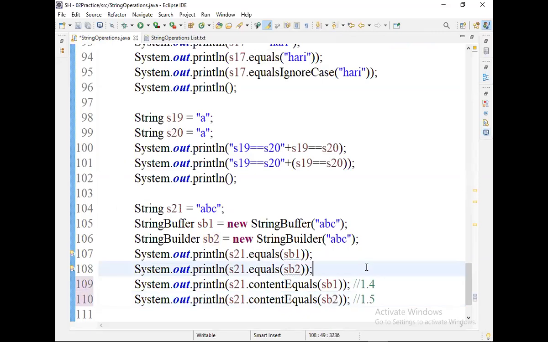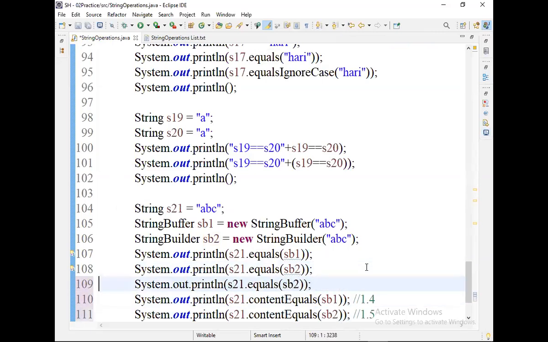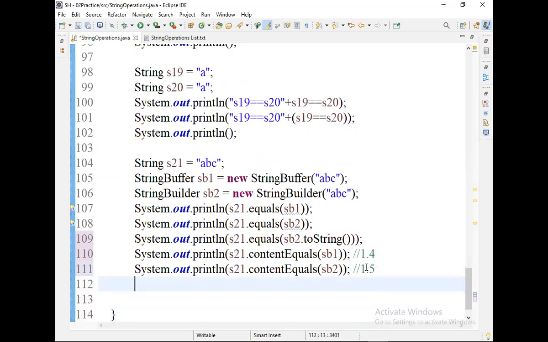Then how can we verify in 1.3? In 1.3, you need to call the toString method by yourself. You have to convert the StringBuffer or StringBuilder to a String and then compare. After the contentEquals method came, you no longer need to do any of that additional work.